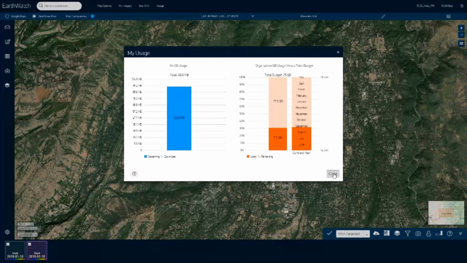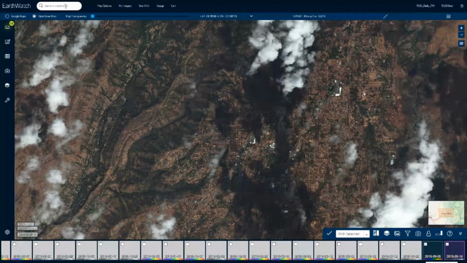I will go back to daily. And now I would like to give you some tips to navigate within the imagery without over consuming your quota. And actually, Tobias used them already. I don't know if you noticed. He used here the search bar, so you can type any place, and you will automatically zoom over the place with the proper extent.